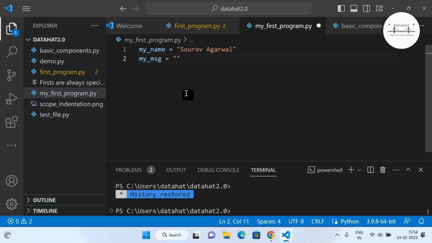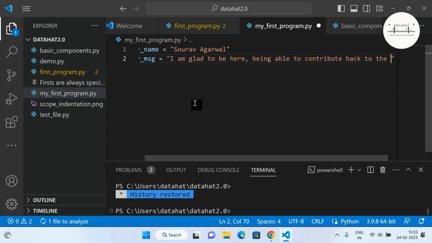if you do not know what these are or what we are doing right now, just follow along. Just make sure to follow as I am doing, and then we are also going to understand. First we need to understand the three primary questions. I am glad to be here, being able to contribute back to the society,